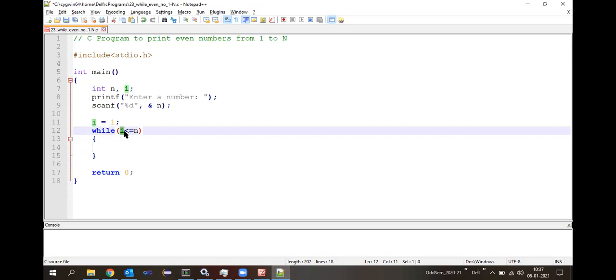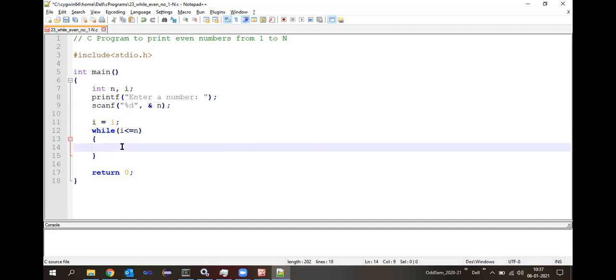In order to identify whether a given number is even or odd, we can make use of the arithmetic operator called the modulo or modulus operation, which will give us the remainder. If we do the modulus operation on i with 2, the remainder will be either 0 or 1. If it is 0, then the number is an even number. If it is 1, then it is an odd number, right? So that particular concept we need to apply here. Now it means I need to work upon i modulo 2 here. So it is going to give us a result, right?